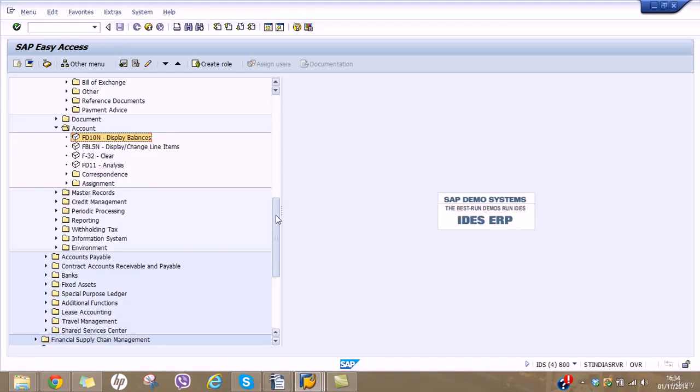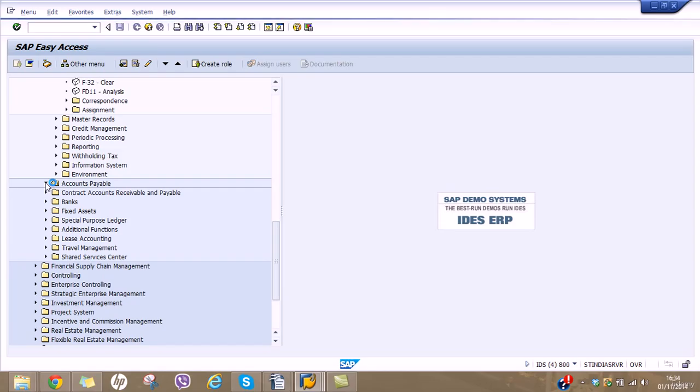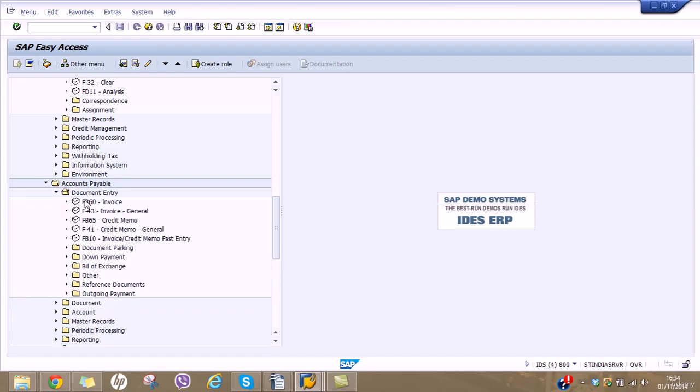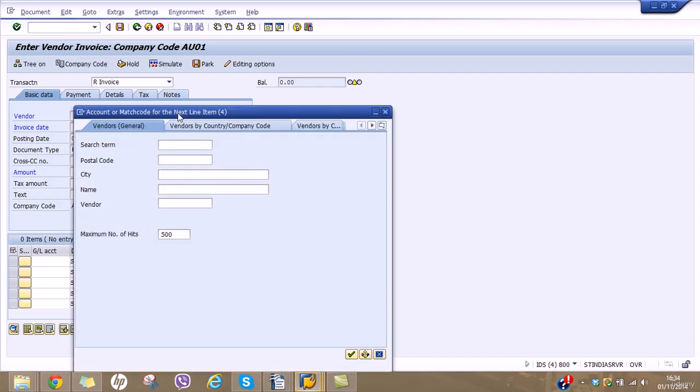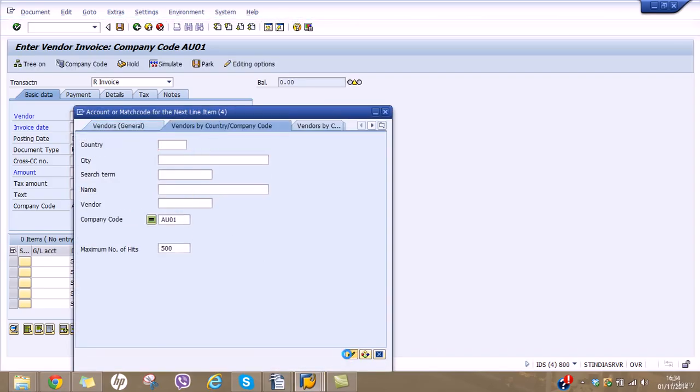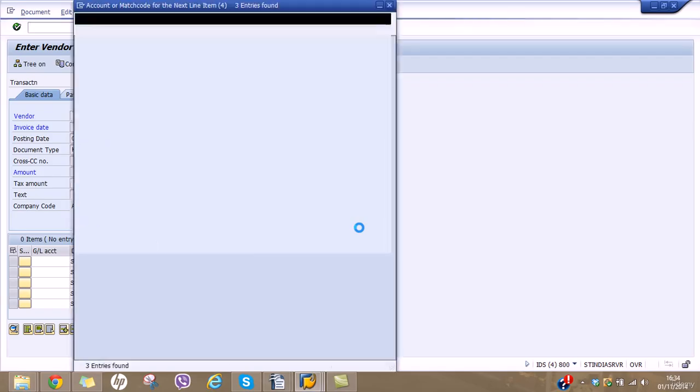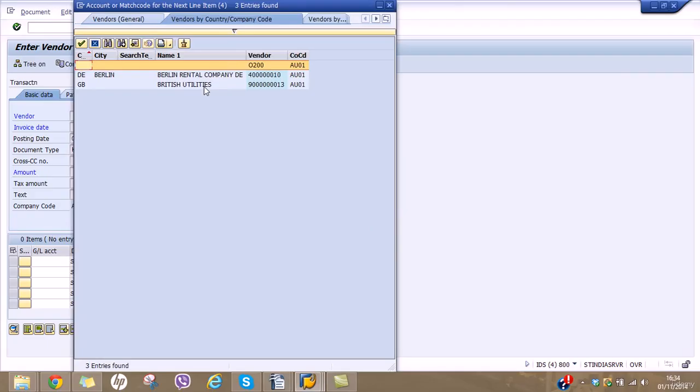Go to accounts payable, document entry, FB60, and the second one is F-43. So click on FB60 and choose the vendor. Document type is KR. Okay, so let's say it is British Utilities,